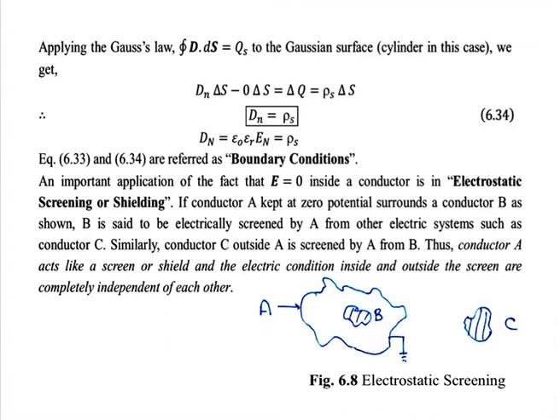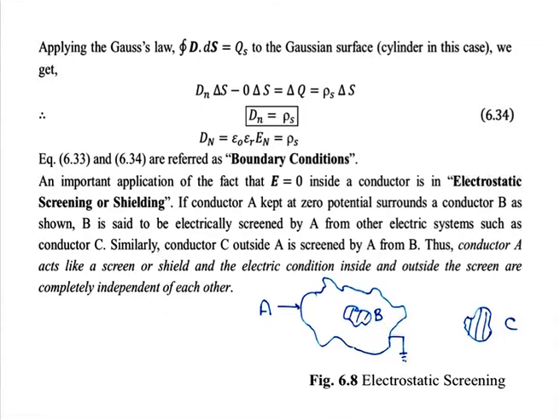An important application of the fact that the electric field intensity is equal to 0 inside a conductor is its use in electrostatic screening or shielding. In the figure shown, if conductor A is kept at 0 potential, surrounding another conductor B, then B is said to be electrically screened by A from other electric systems such as C. Similarly, conductor C outside A is screened by A from B. Thus, conductor A acts like a screen or shield, and the electric conditions inside and outside the screen are completely